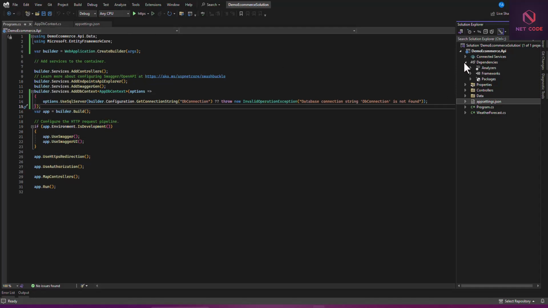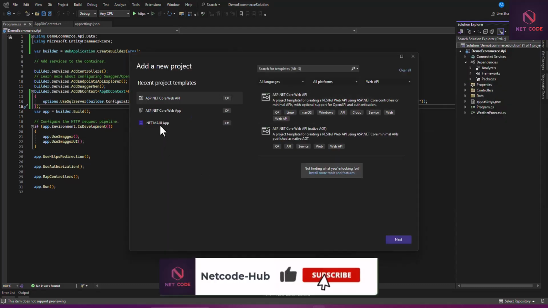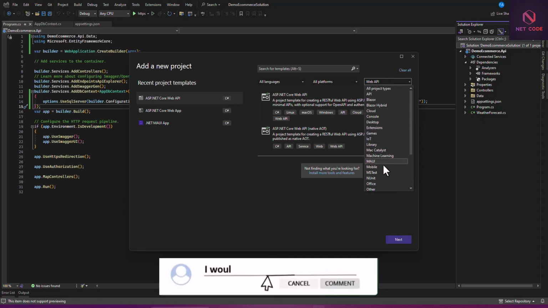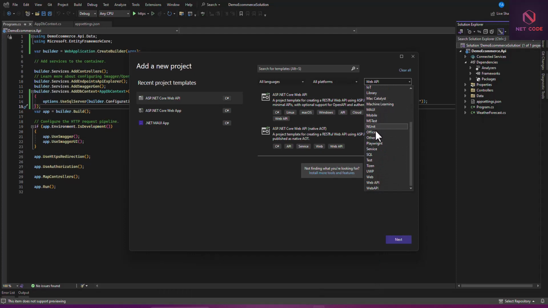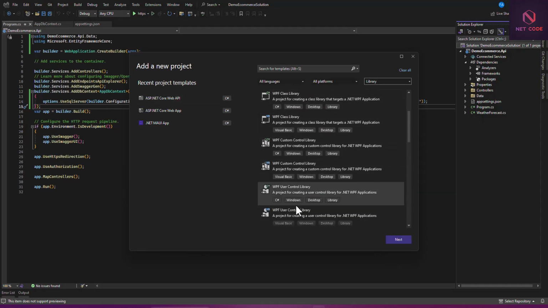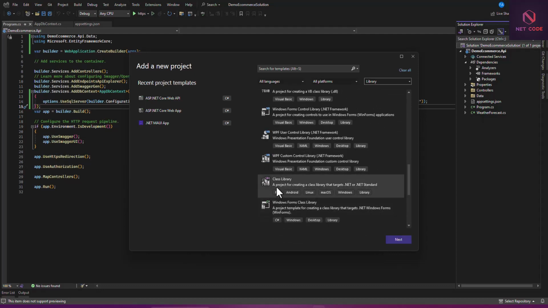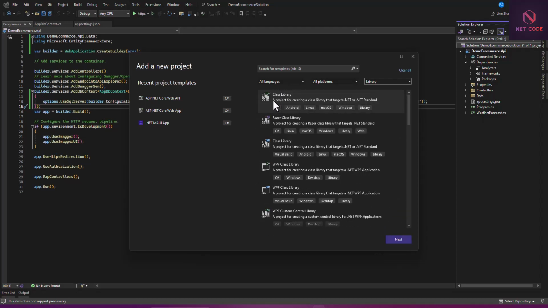So let's add a new library, so a new project. Now we go for library, so class library. So we have our library selected, and I want to go for C# class library. So you can go for the first one. This is a class library for F#, and the first one is for C#. So we go for this,